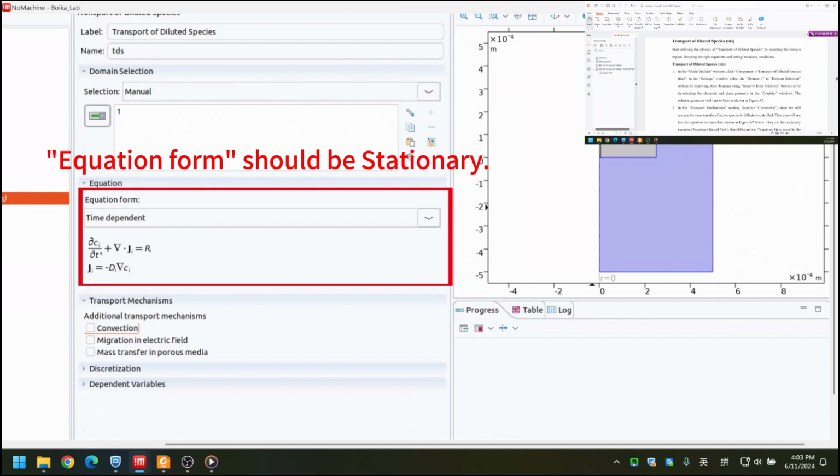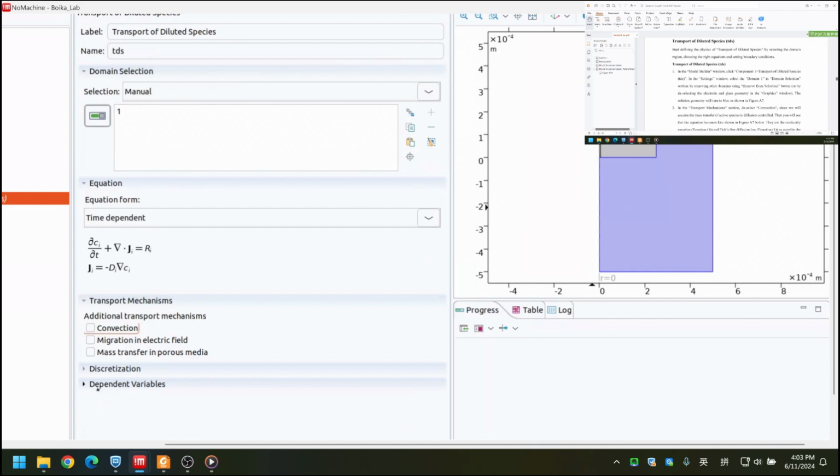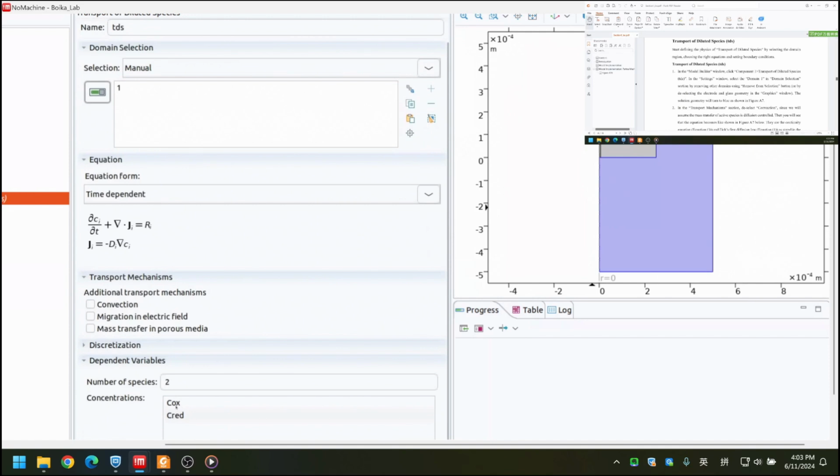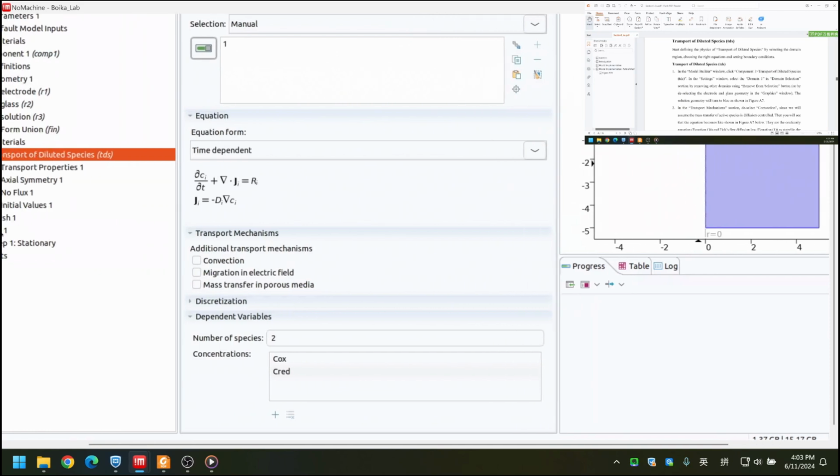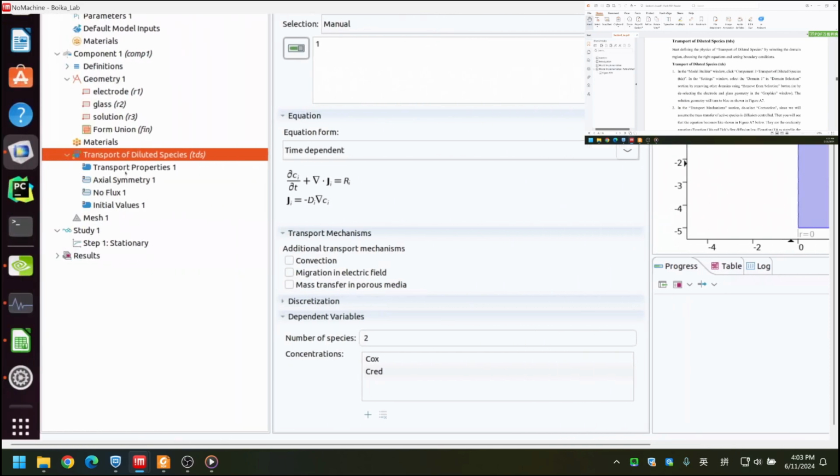The first is the continuity equation. Second is Fick's first law. And then you can find the dependent variables. It contains the concentrations COX and CRED. And those are the values we will solve for. And then we go to the